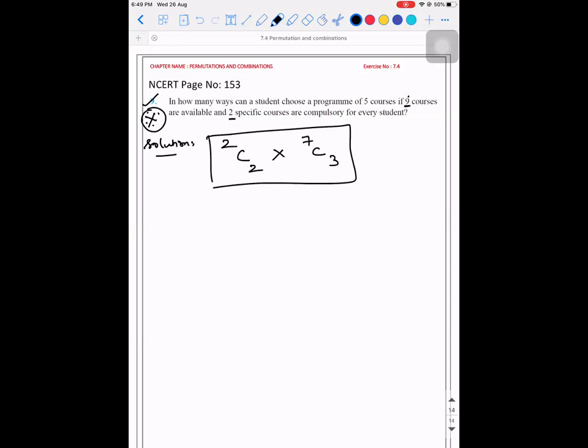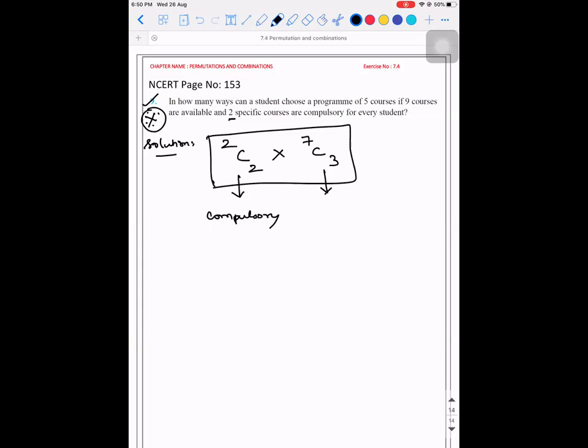Tell me. Clear, right? Okay. Why, sir? This is compulsory, no, sir. Why, sir? 2 specific courses you. No, sir. Why, sir? It is 2C2, sir. It should be, because 2 courses you have, you need to choose both the courses. Sir, but the 2 courses are inside that 9 courses only, no, sir. Yes, they're inside only. Sir, then we should write what? Plus 2. Sir, how, sir? You wrote 2 at the top. See, I'm saying, C2 only should write.